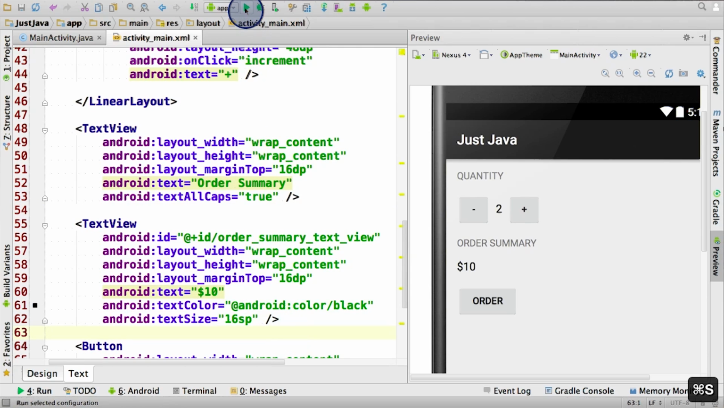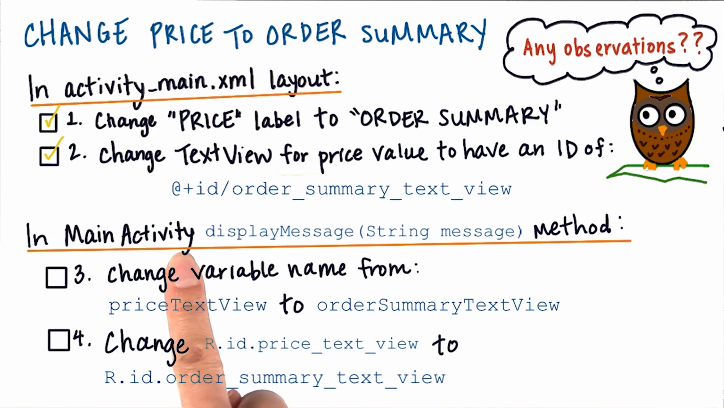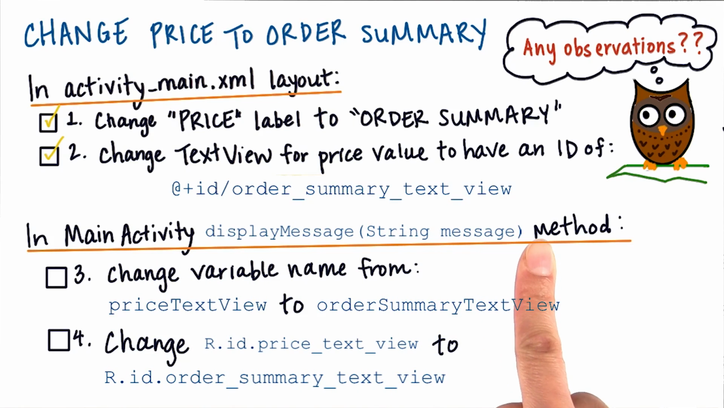Let me run the app to make sure that it still works. Actually, it doesn't work. I get an error saying that I can't find the symbol price text view in the Java file. Looks like we need to go to the next steps before we can get our app to compile. In the main activity displayMessage method, we're supposed to change the variable name from price text view to order summary